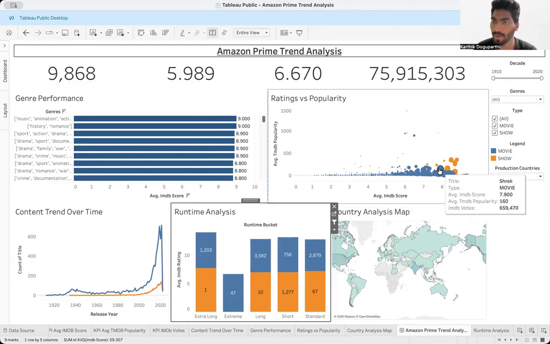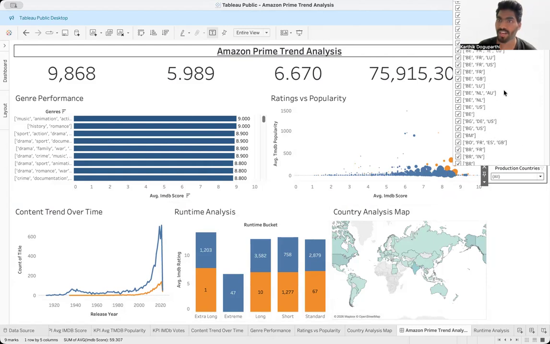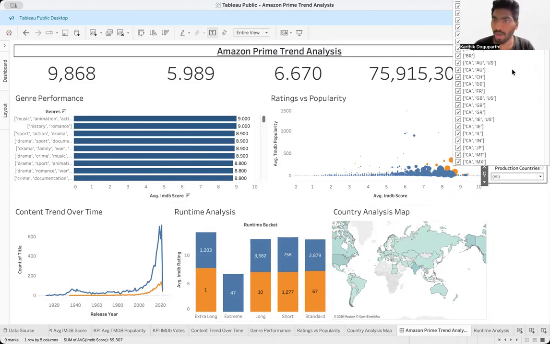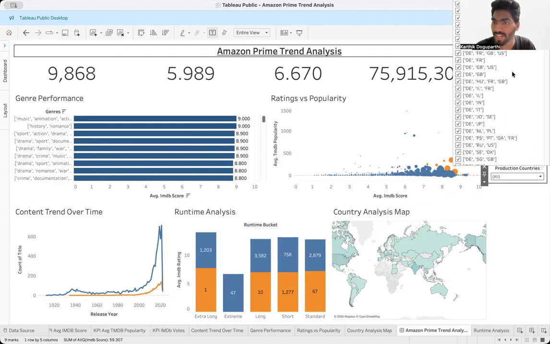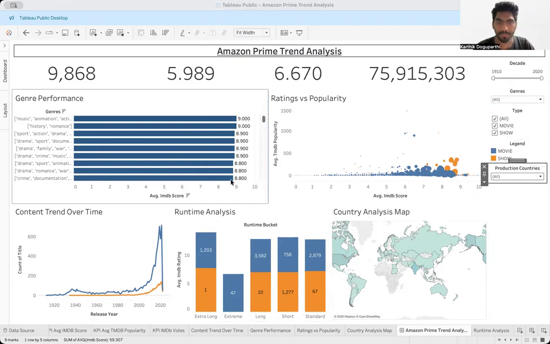information on the name of the show or name of the movie type. As we can see, there are multiple production countries available, for all different kinds of production countries in combination. Now we can also see